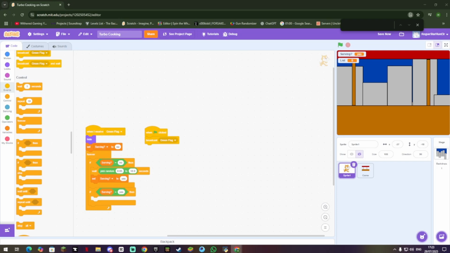Usually, you can't put a round peg in a square hole, or a hexagon in this case. But it turns out, these two blocks are the only two blocks with rounded corners that can be dragged into the hexagonal shape. But what do these do? Well, the item 1 of list block determines if there's something in that item. For example, if this was 2, it will return true as long as there's something in item 2. But if there's not, then it'll return false. For item number of thing in list, it will tell you if the item